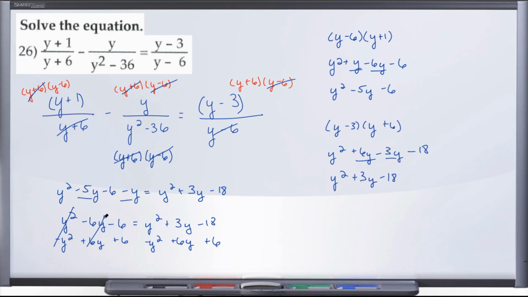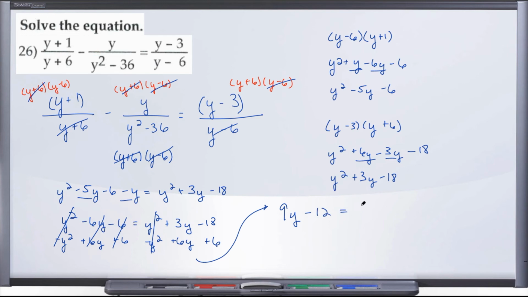So everything goes away here on the left. And now I'll go ahead and move up here. Well, y squared and minus y squared goes away, so it turns out we're not actually dealing with a quadratic, but we are dealing with just a linear equation, which we should be comfortable with. So let's see what happens. 3y plus 6y gives us 9y. And then here we have negative 18 plus 6, that's going to give us minus 12 equals, don't forget,